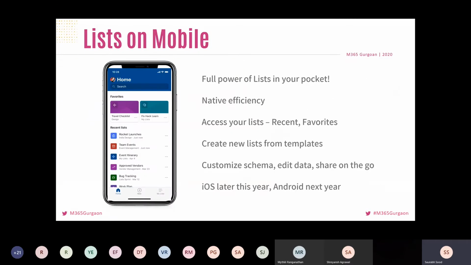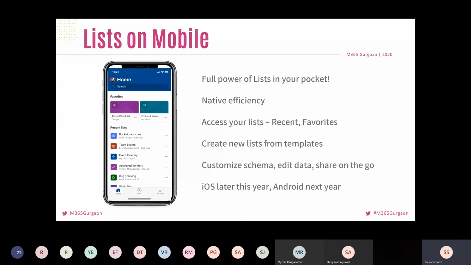And then really starting on a journey in the mobile space. This is the first step towards a great list experience on mobile, and frankly, this is just the start. We wanted to make a powerful and great step forward in the mobile domain, but I believe there are great things yet to come.